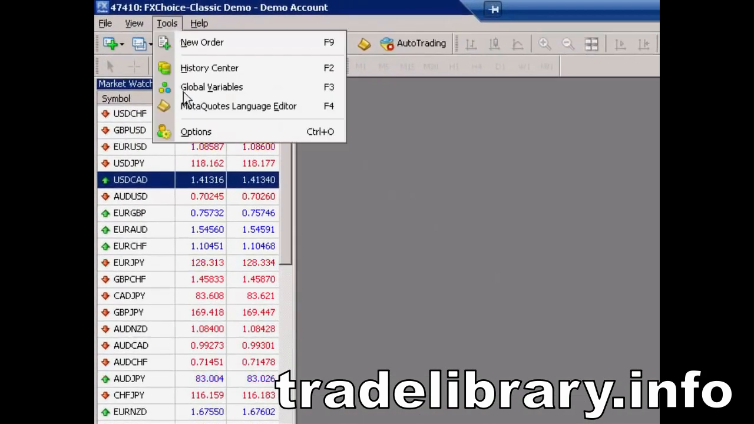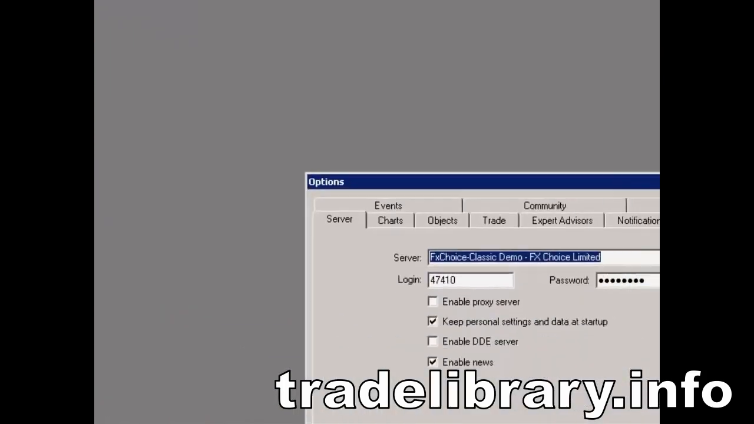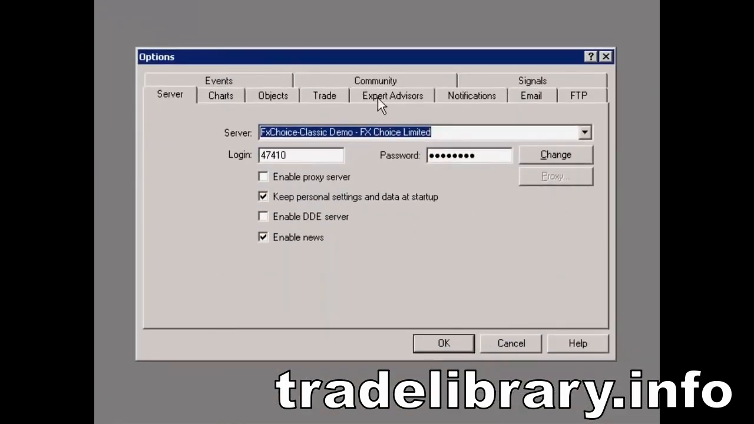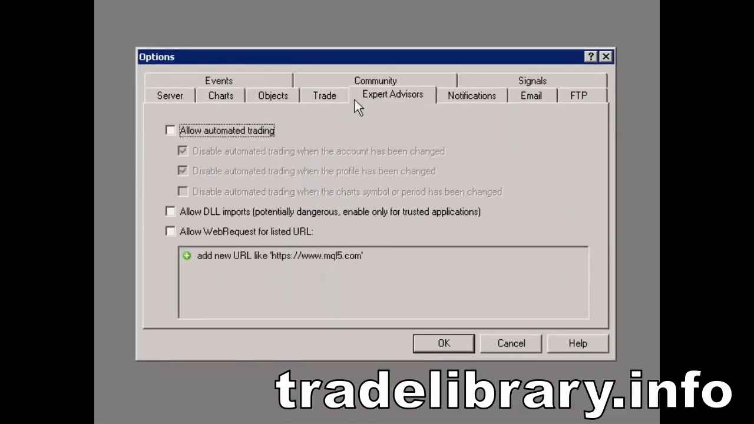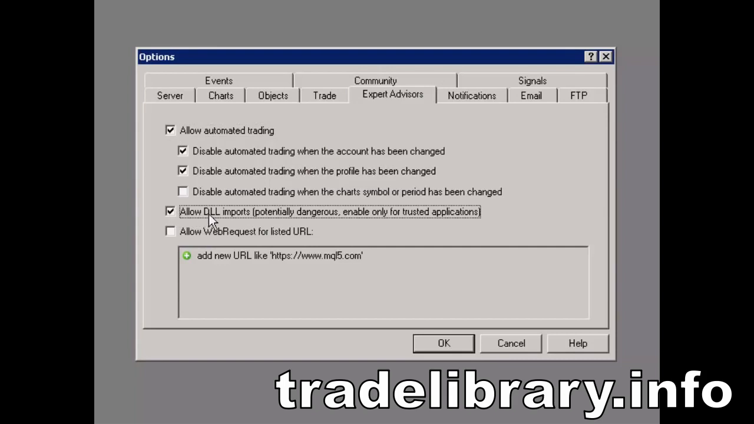Go to Tools, Options, select the Expert Advisors tab. Here, click Allow Automated Trading and Allow DLL imports. Deselect Disable Automated Trading when the account has been changed, and Disable Automated Trading when the profile has been changed. Click OK,